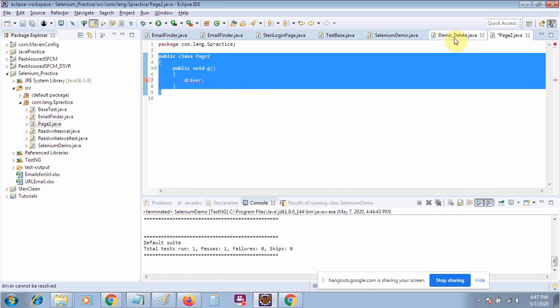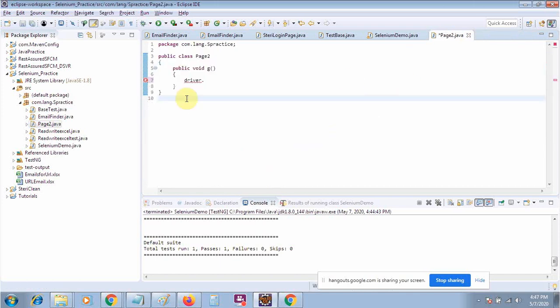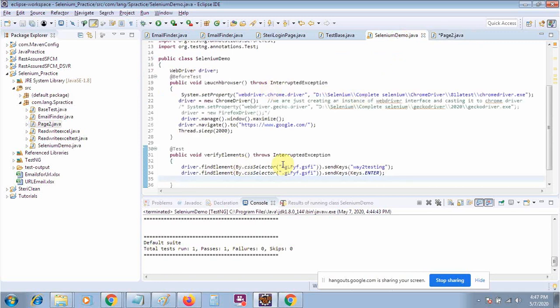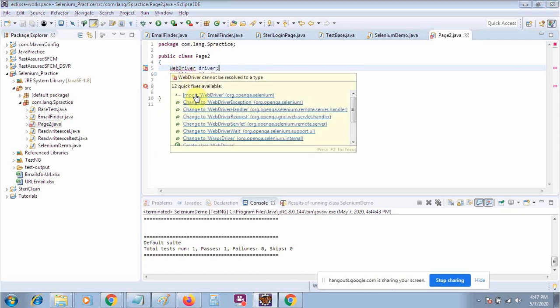So there is a problem: how to pass the driver reference to each class. Suppose I have 10 pages in my website and I want to automate it. For the first page I have written the driver. For the second page, again I need to write the driver. Then I can inspect the element and perform my operation.